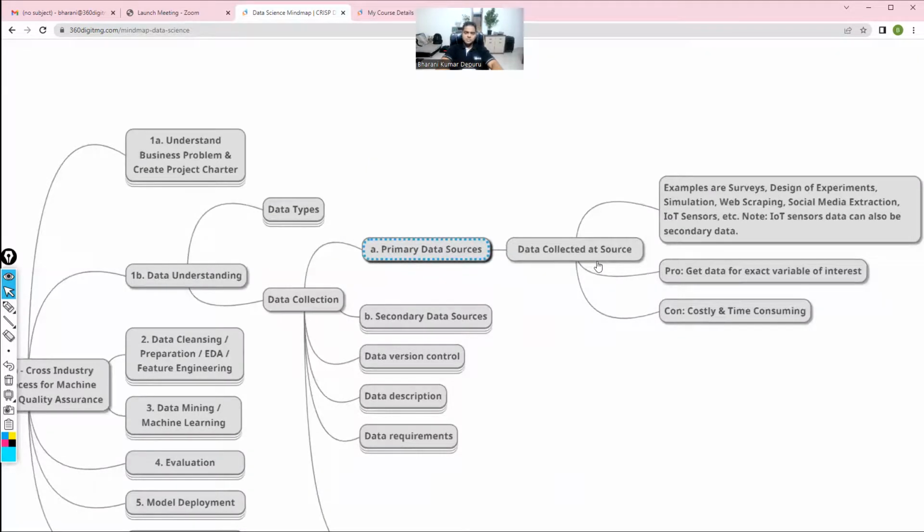Primary data source is going and collecting the data now. Obviously, since you're going and collecting the data now, it would be costly and time consuming. But the good part is that you can go and get the data pertaining to the exact variable. Conducting surveys, design of experiments, data simulation, web scraping, social media extraction, IoT sensors are all a few examples